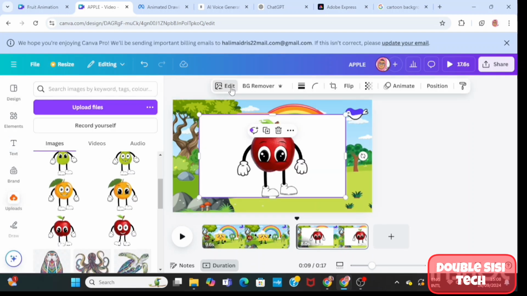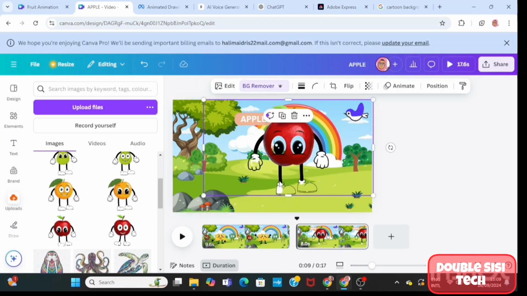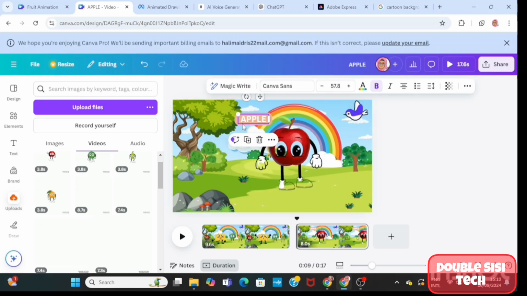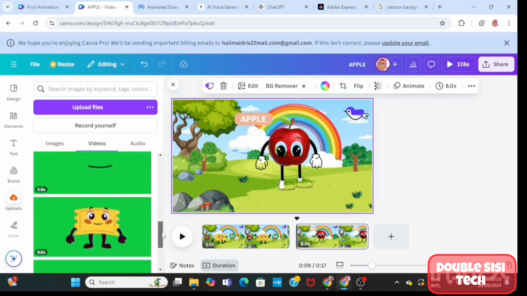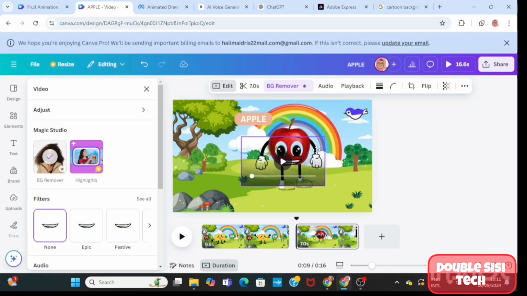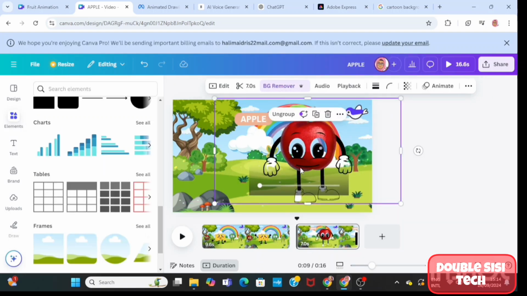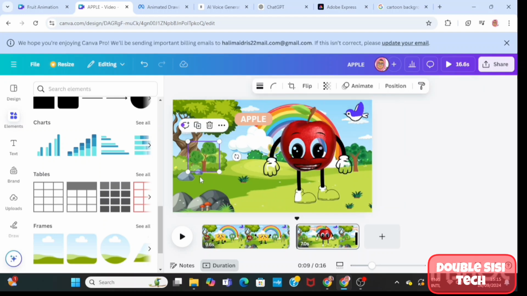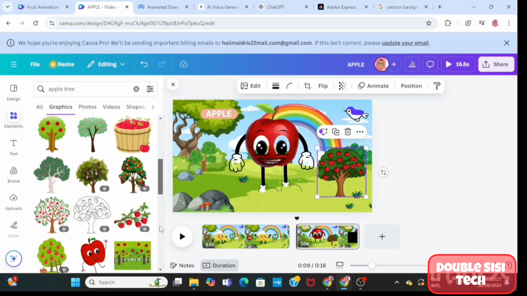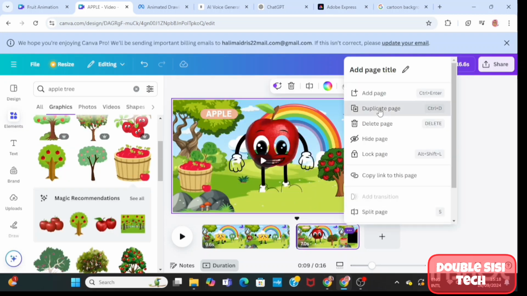Next, I'm going to go to upload and bring in this apple, remove the background of the apple, then adjust it. Go again to videos and bring in the mouth. Now I'm going to remove the background and adjust it on the apple, then group the mouth and the apple together. Now my apple is whole. Go back to elements and bring in apple tree and apple basket, arrange them in my background like this,